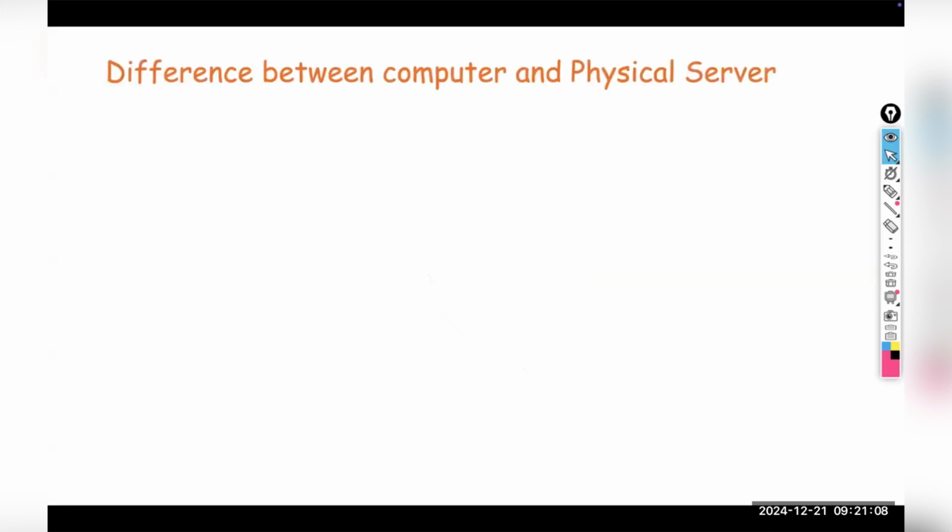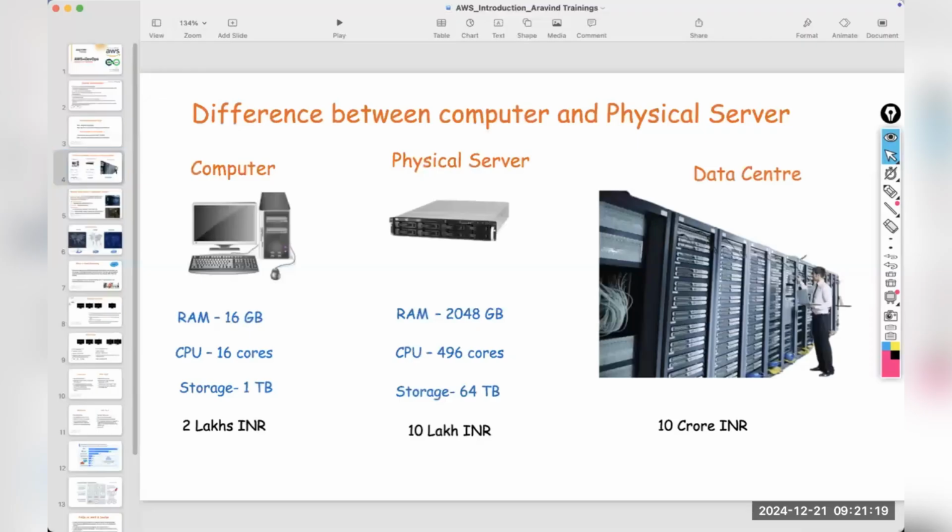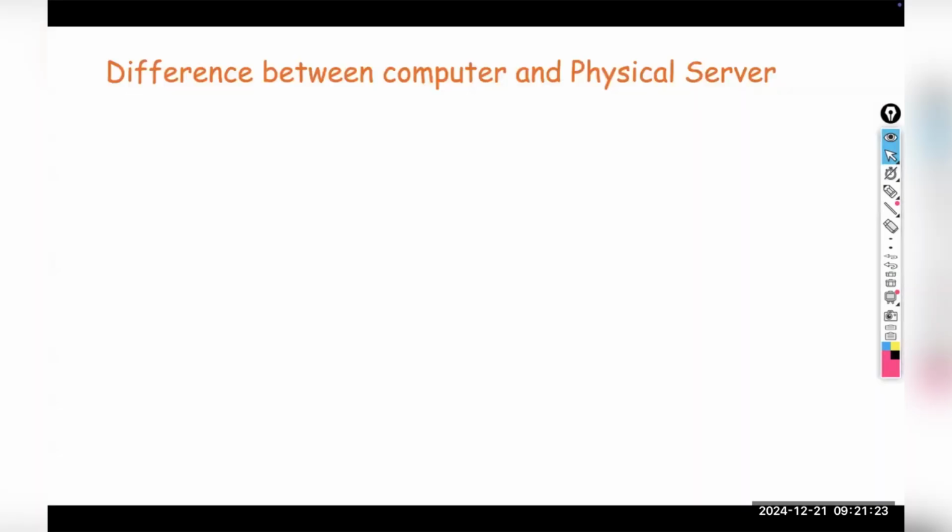Next, coming to our concept. To understand what is AWS, let us see these computers and all the things. I'll now explain the difference between a physical server and a computer. Let's say